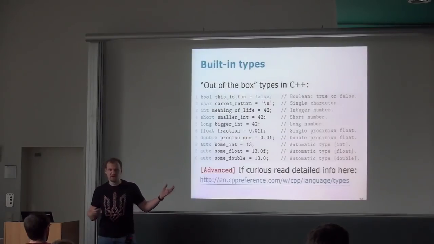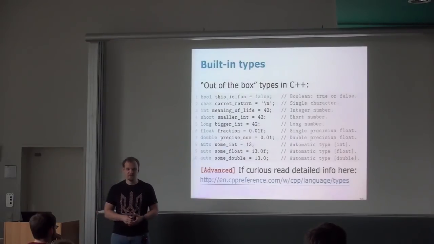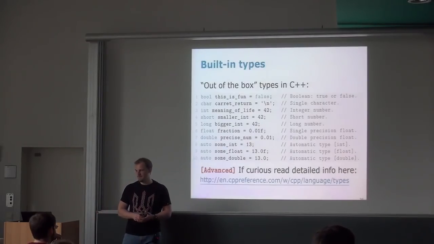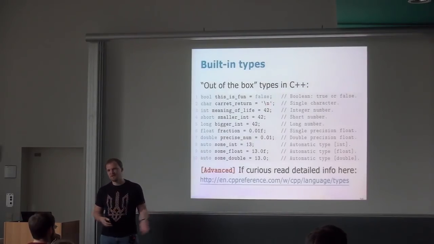So Boolean, it just takes true or false. Integer takes any number from 0 to a huge number. I don't remember it from the top of my head. And then if you need a bigger one, it's a long. If you need a smaller one, it's a short. Generally in this course, I guess for you it's going to be